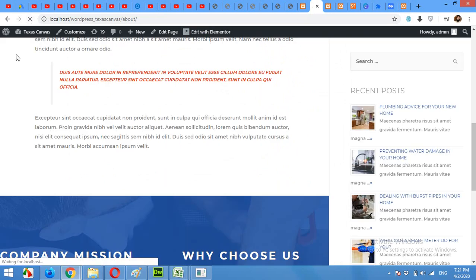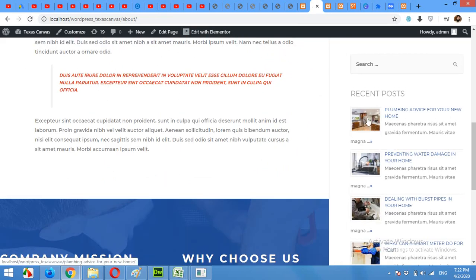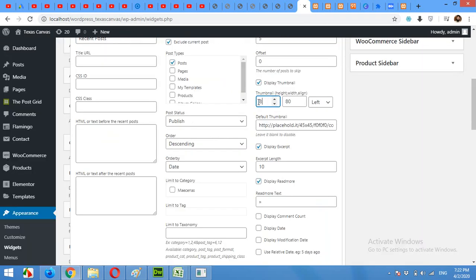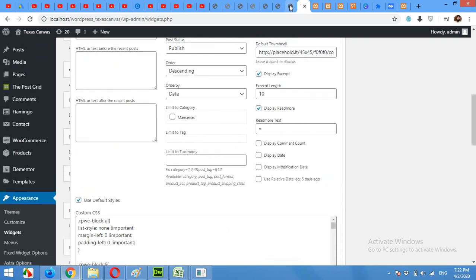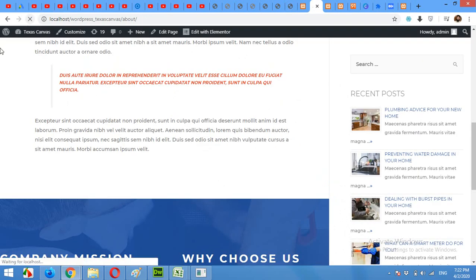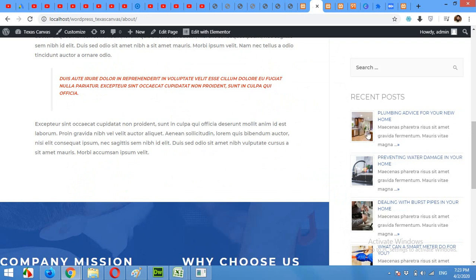refresh the page. Okay, the size is now changed, but I wanted the opposite. I wanted 65 width and 80 height, so let's reverse that. 80 height and 60 width, and save changes, refresh again. Okay, now this is going close, but it is still not perfect because my